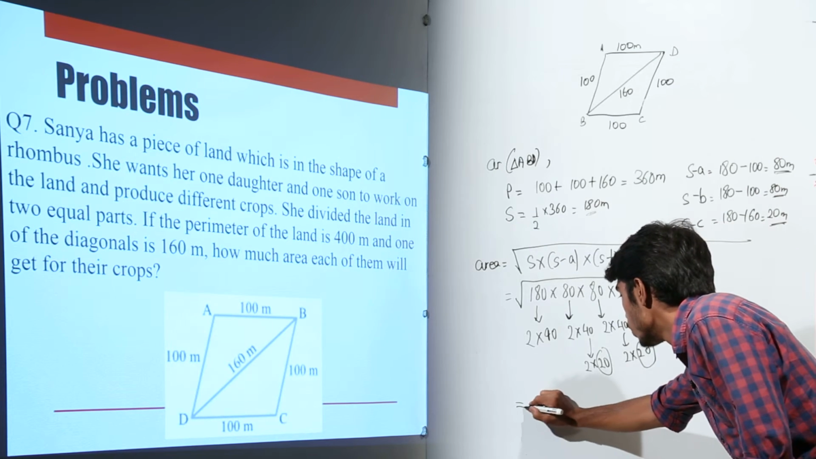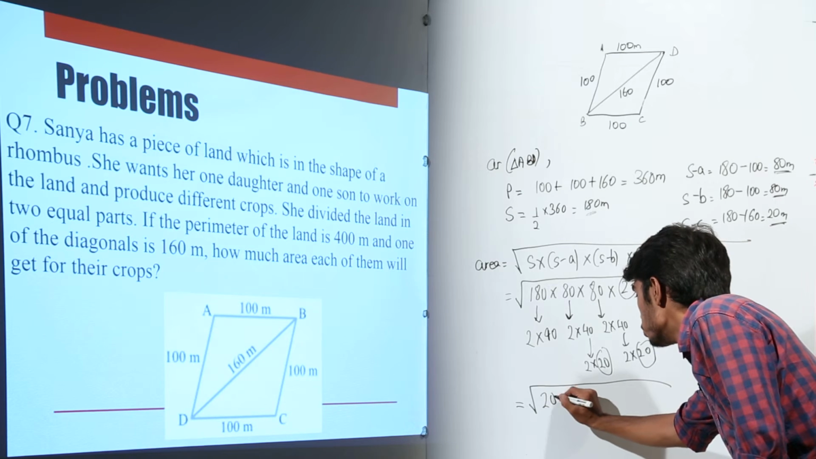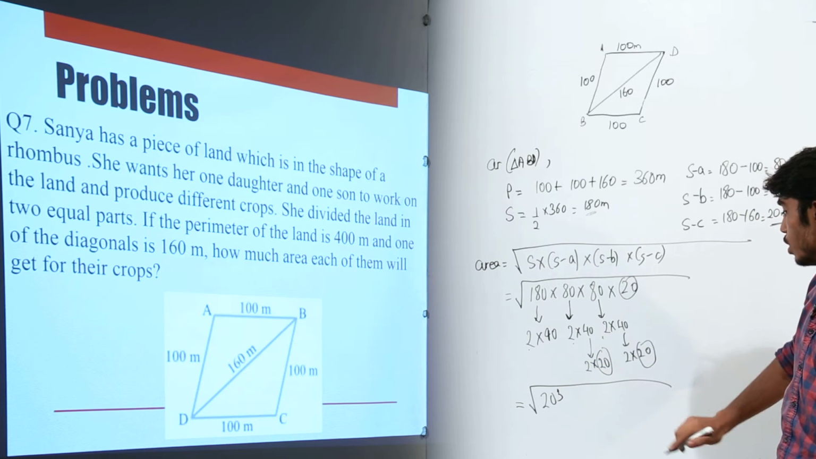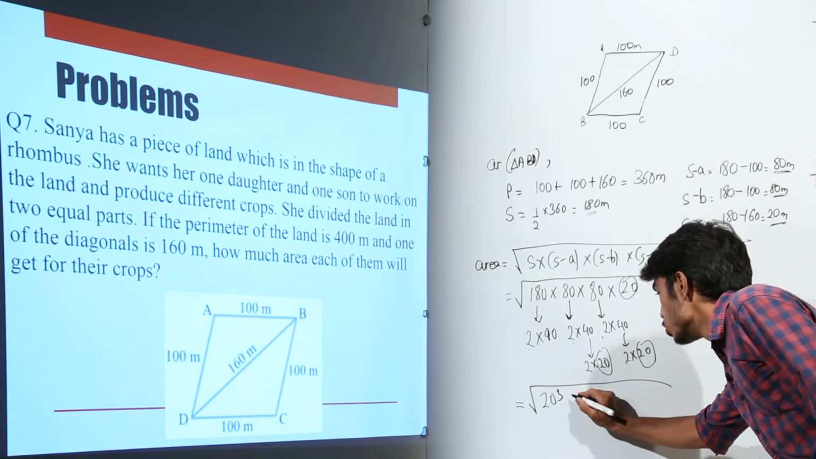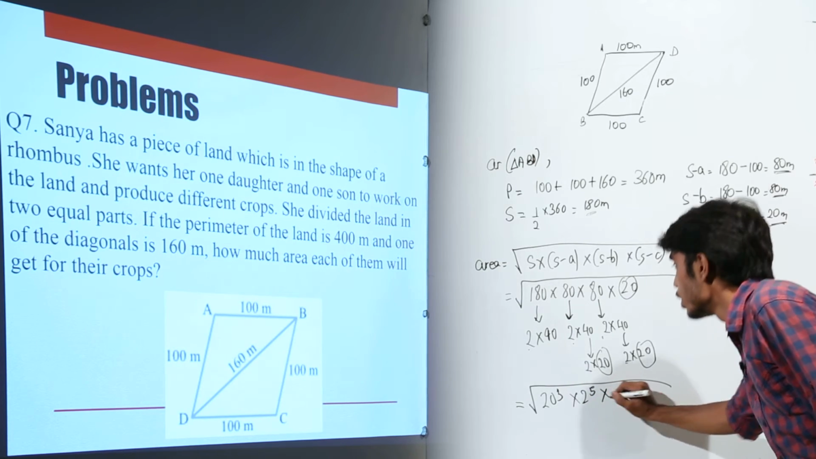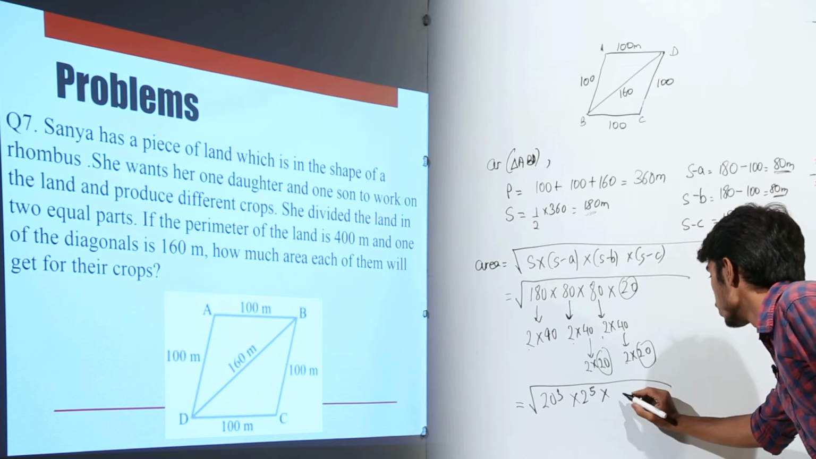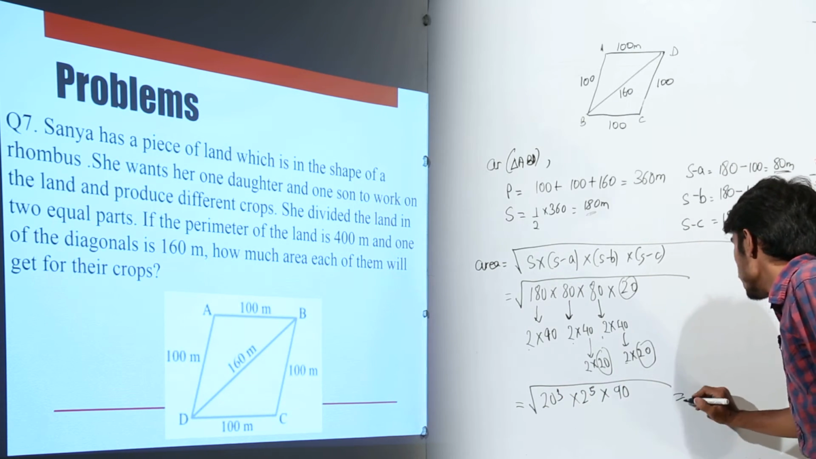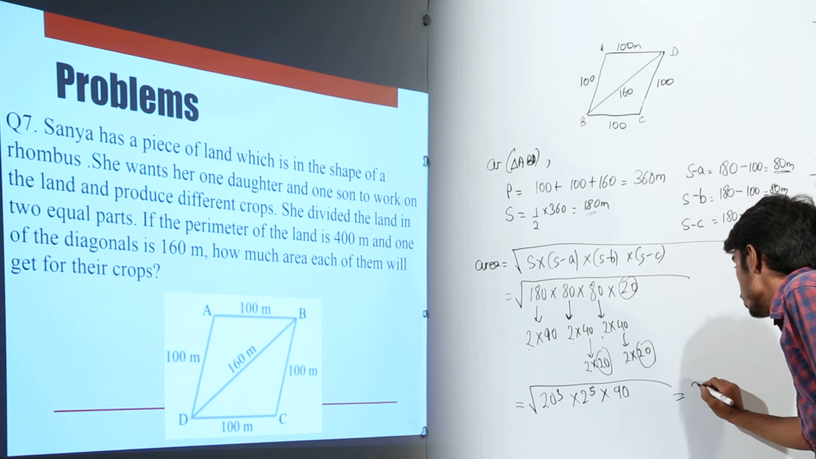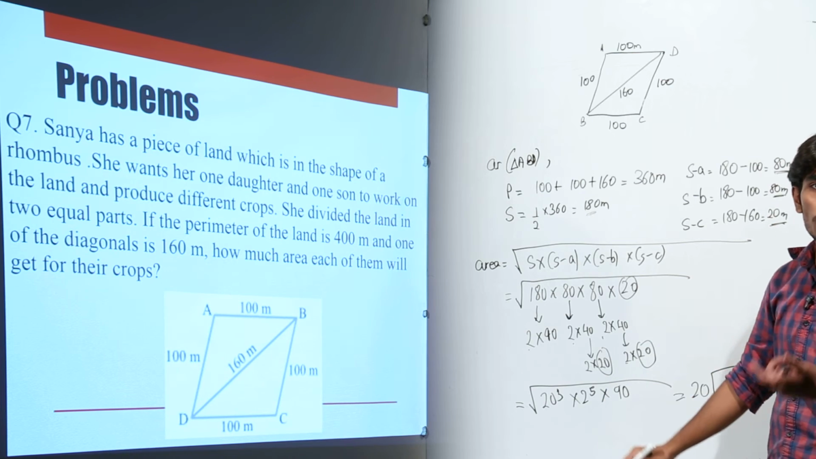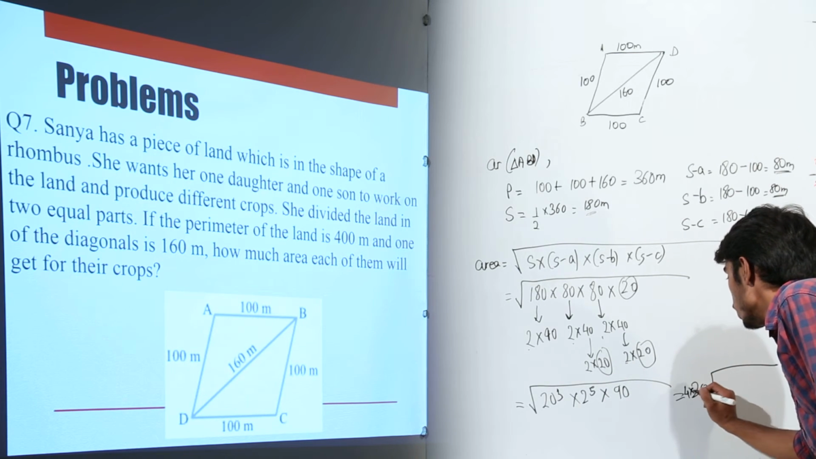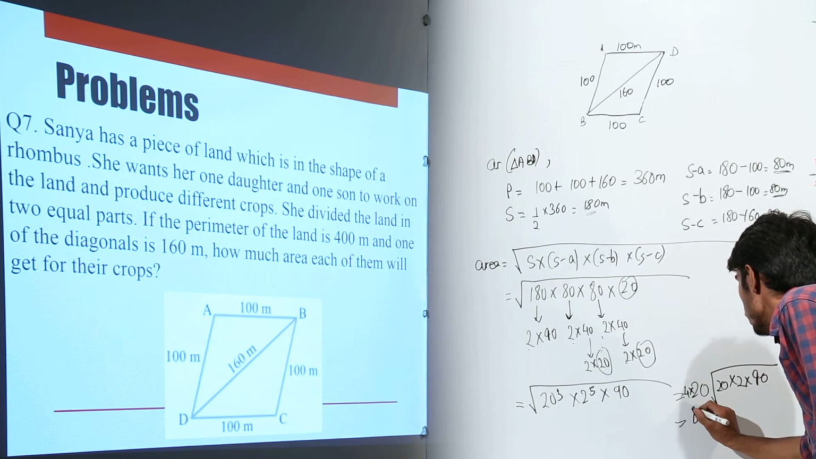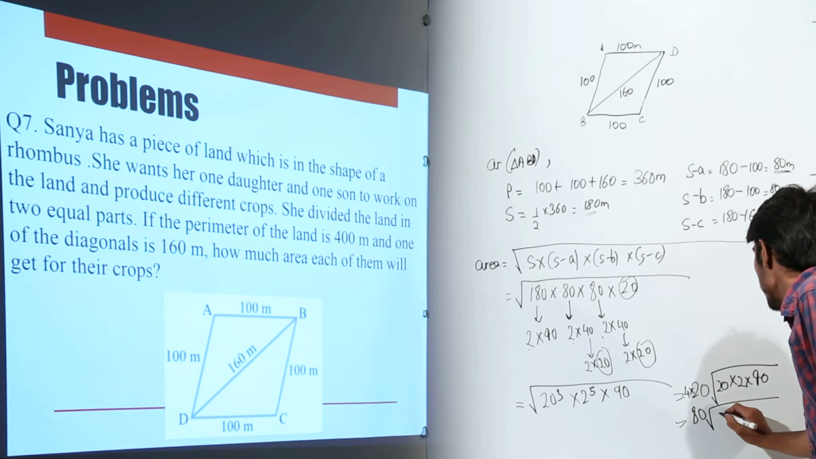So I'll write down 20 cube. Now what other values do we have? We have 1, 2, second, third, fourth and fifth. We have 2 to the power 5. And what is remaining? Remaining is 90. So let's take the values outside the radical sign. 20 cube will become 20, 2 to the power 4 will become 4, and what will remain inside would be 20 into 2 into 90. So this will become 80 root over